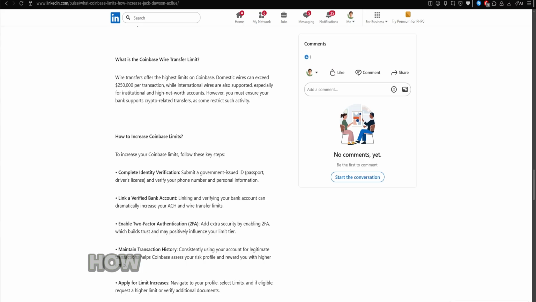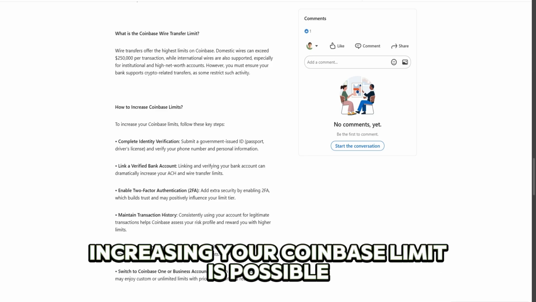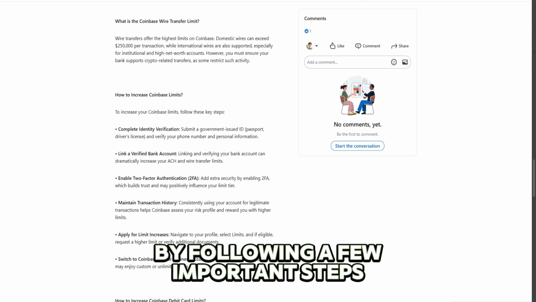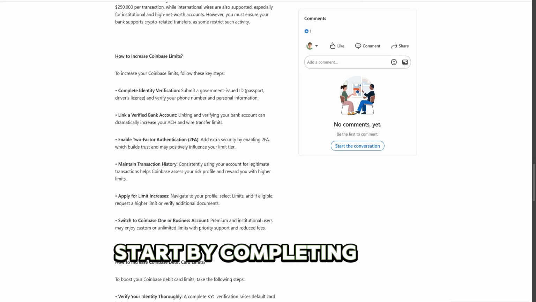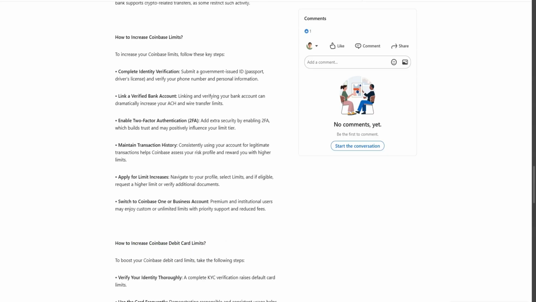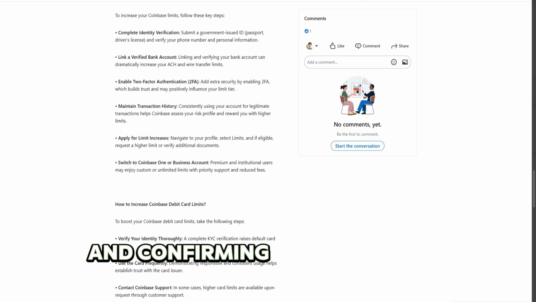Today, let me show you how to increase Coinbase limit. Increasing your Coinbase limit is possible by following a few important steps that help build trust and security on your account. Start by completing your identity verification, which includes submitting a valid government issued ID and confirming your personal details